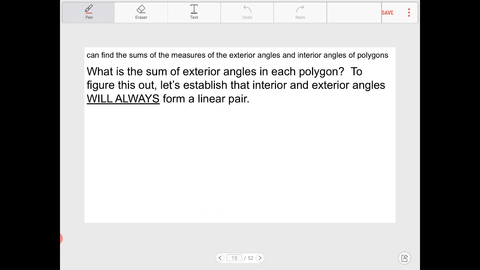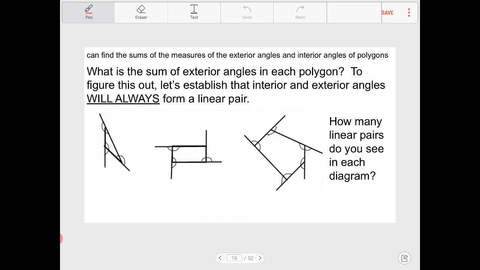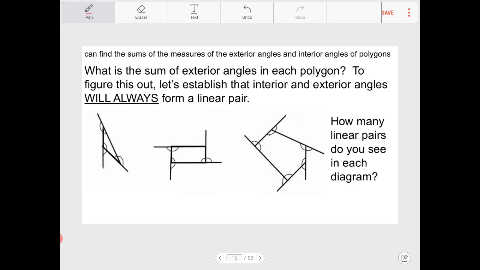All right, so what is the sum of the exterior angles then in each polygon? To figure this out, let's establish that interior and exterior angles will always form a linear pair. This is going to be our working definition for what an exterior angle is. So in these diagrams, all of these angles on the outside, we refer to them as the exterior angle, which is different from